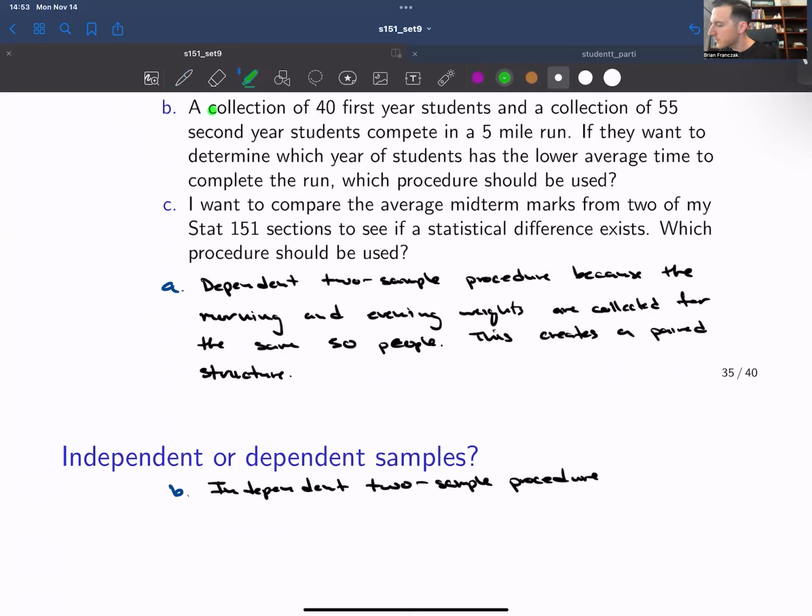The problem says we have a collection of 40 first-year students and a collection of 55 second-year students. We want to compare their average 5-mile run time, to determine which year of students has the lower average time. So we're comparing a group of 40 people to a group of 55 people. One of the keys here, as you can tell just by the sample size, is that this can't be paired because we have different numbers in each group. The second year students are a different group than the first year students. So we're comparing a group of first years to a completely independent group of second years. Hence this is an independent two sample procedure